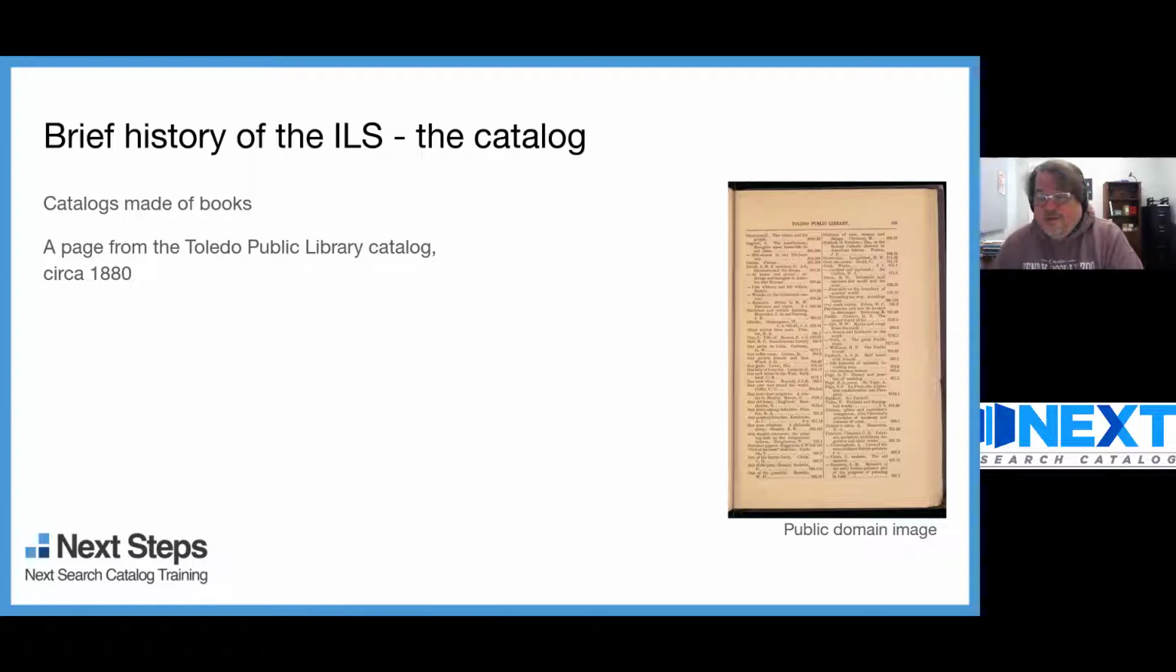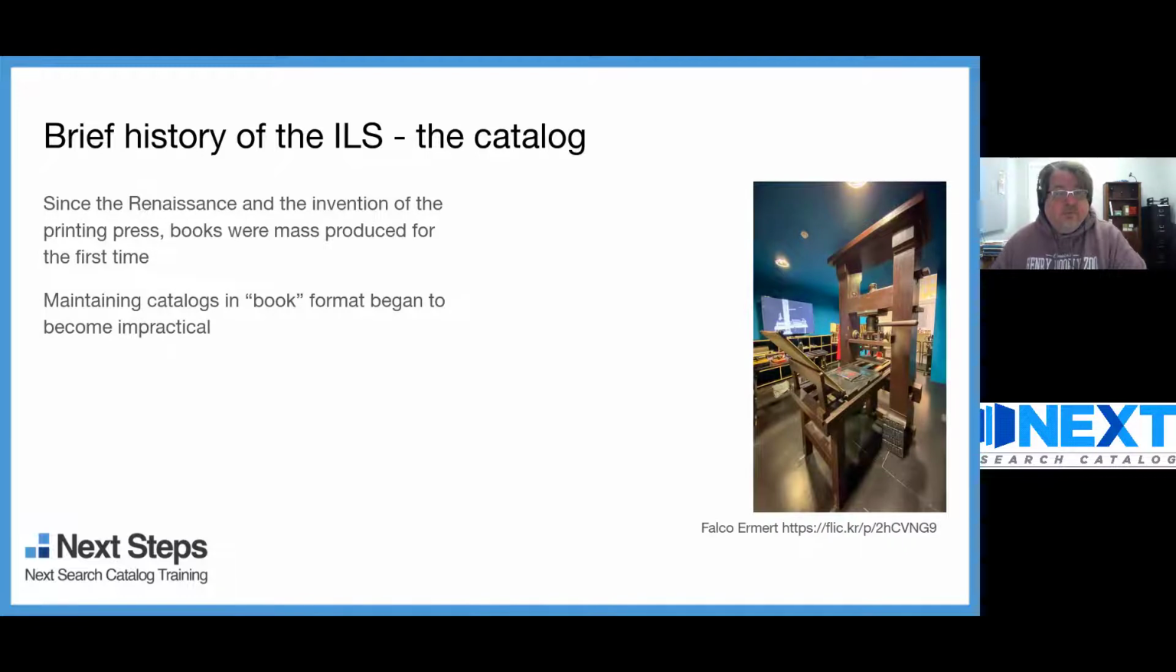But this kind of got libraries along all the way, for quite a long time. What really changes in libraries, though, is the Renaissance and the invention of the printing press. When Gutenberg invents the printing press, publishing in Europe goes from a few hundred books a year to thousands of books a year. And by the time we get up to the modern period, when we get to the 1700s